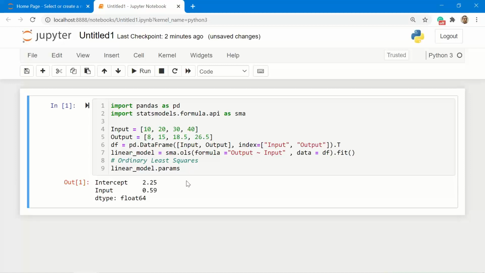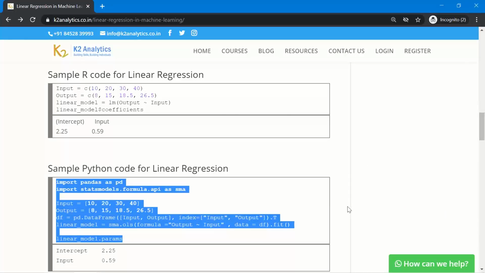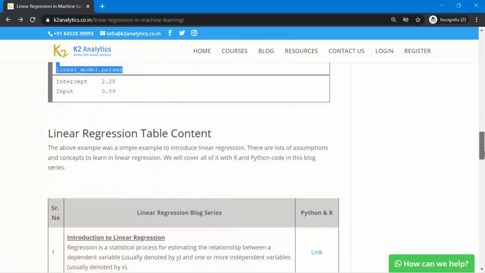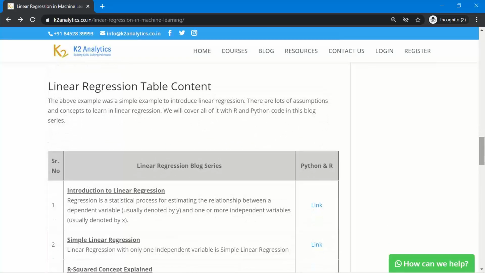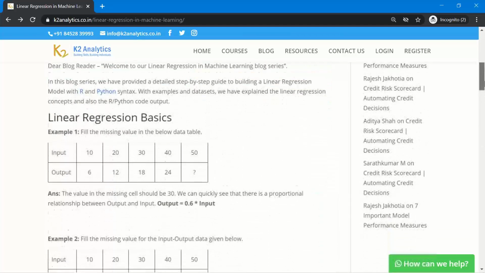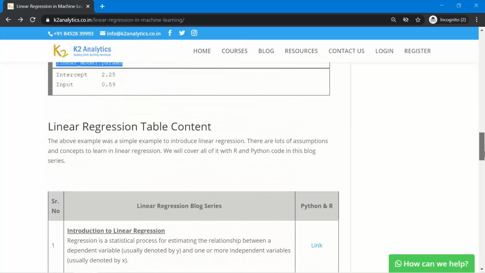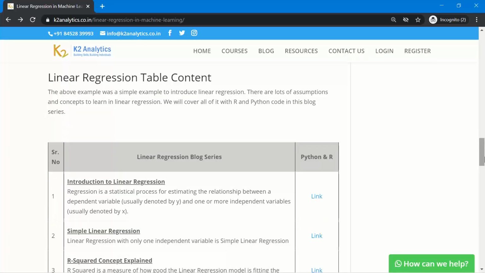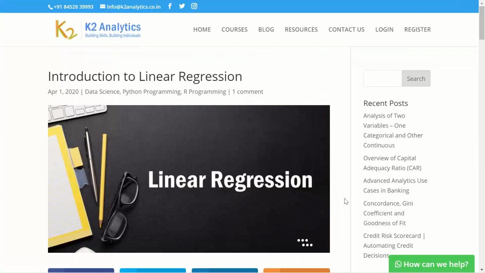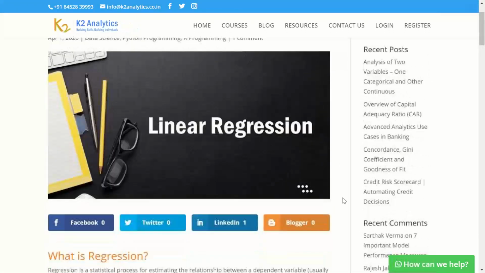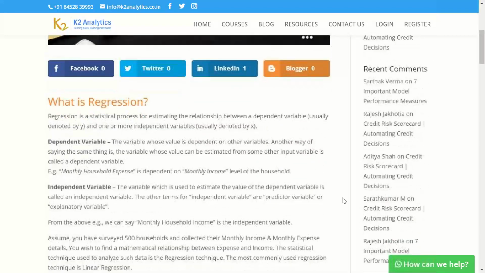Okay, so we have quickly got this small concept of linear regression. We now get into details of linear regression. Here we start off with the introduction to linear regression. First, with a very simple analogy of proportionality, I've tried to cover the basics. Having covered the basics, I now move into detail with this blog series. So let's start with the concept.